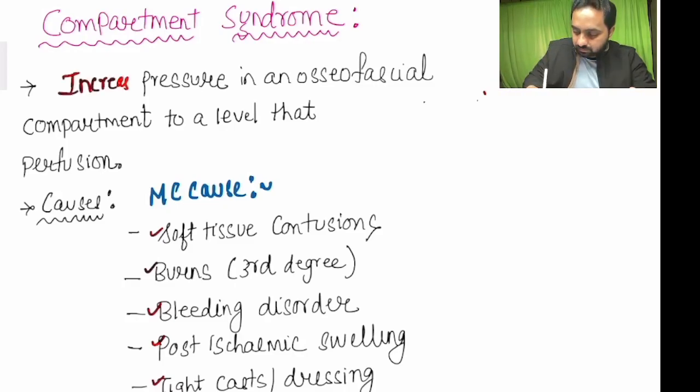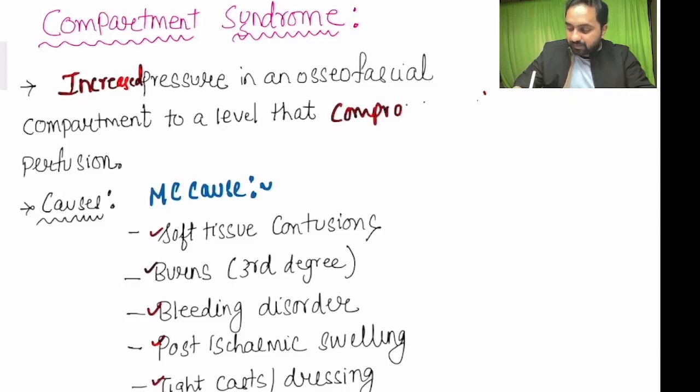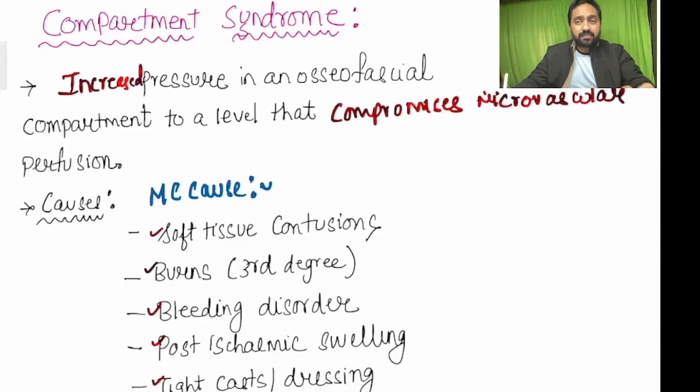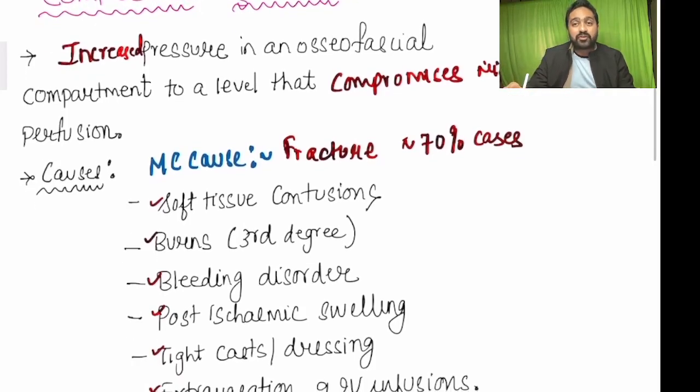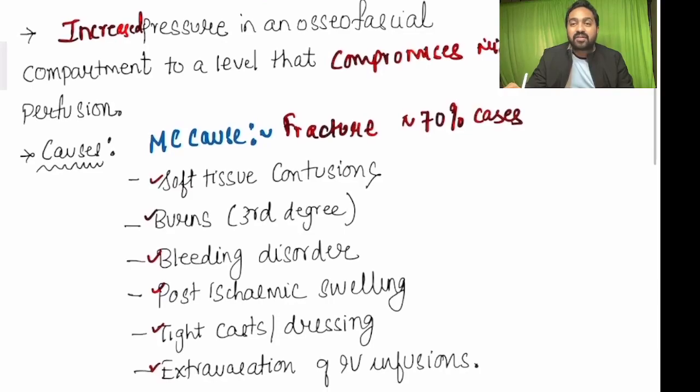It is increased pressure in an osseofascial compartment to a level that compromises microvascular perfusion. There are a lot of causes of compartment syndrome, but the most common cause is fracture, which is seen in around 70% of cases. Other causes include soft tissue contusion, third degree burns, bleeding disorder, post ischemic swellings, tight cast dressing, or extravasation of